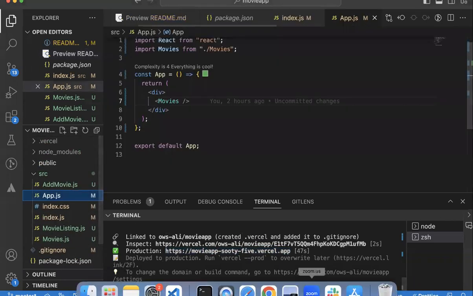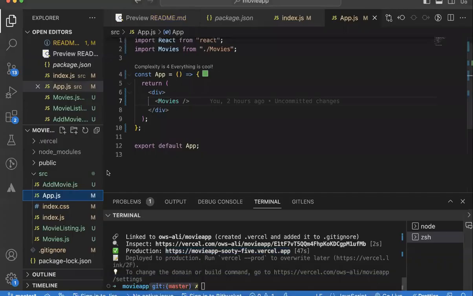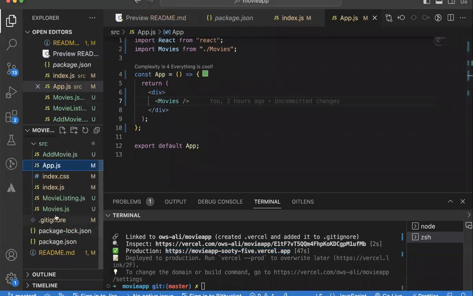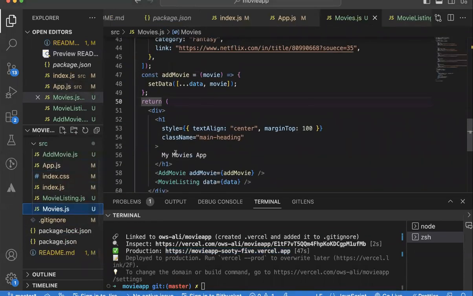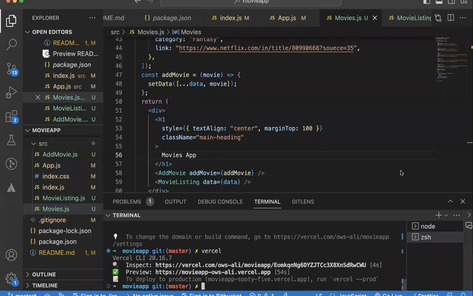So, for example, my movies app. We can change this title to be movies app, simply removing "my" to keep it movies app. Okay. Now we can run this command again. Now let me pause it for a while for it to complete. So